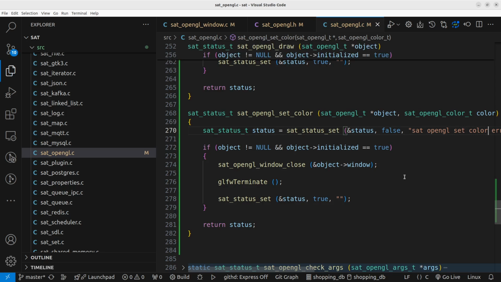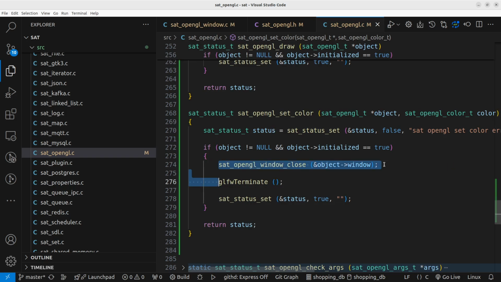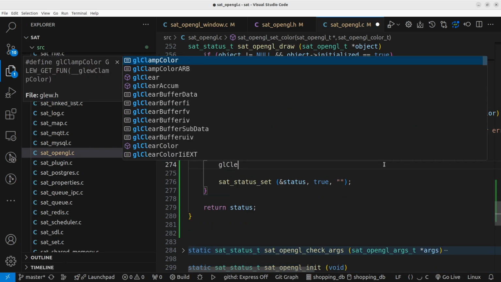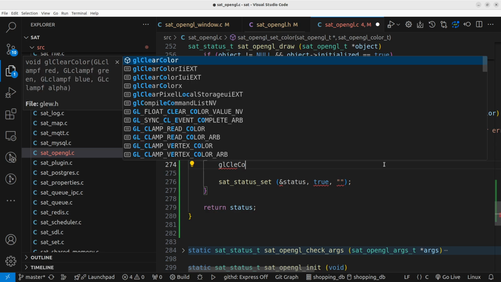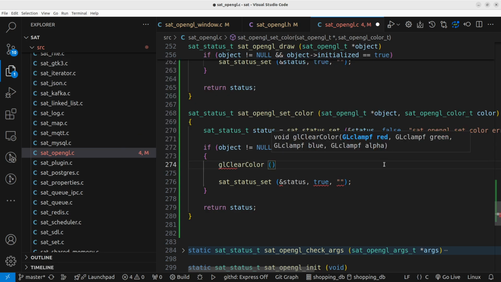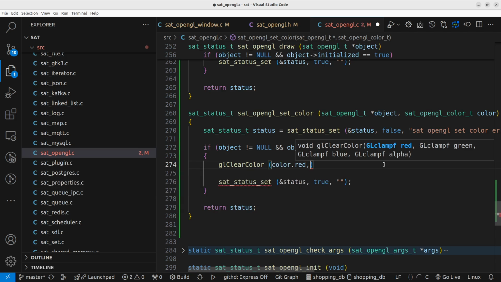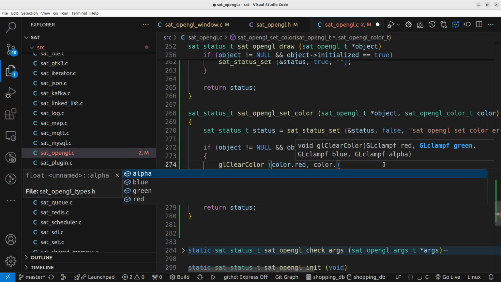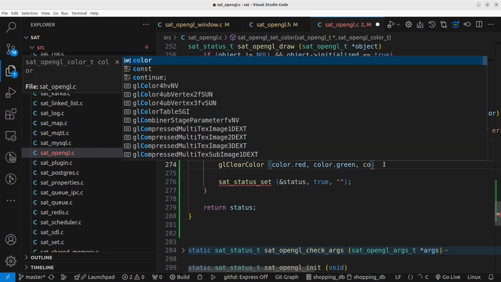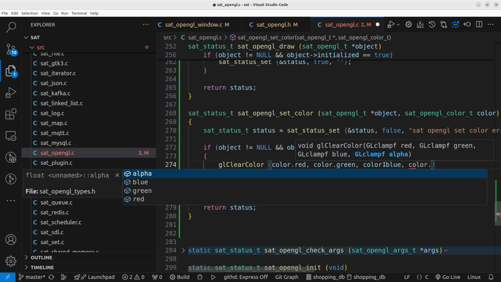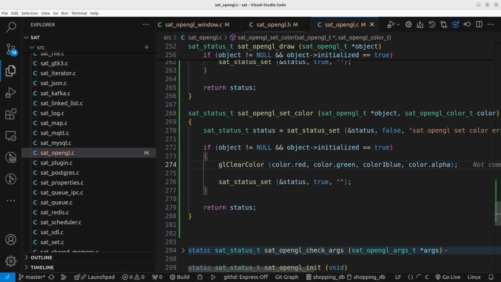Yeah, nice. And here in color, I'll come here, and here I'll clear color, and I'll pass the color red, color green, color blue, and color alpha. There's no color alpha, but